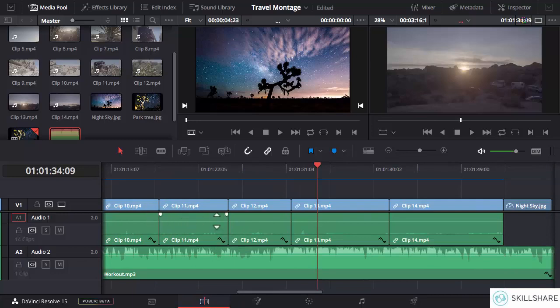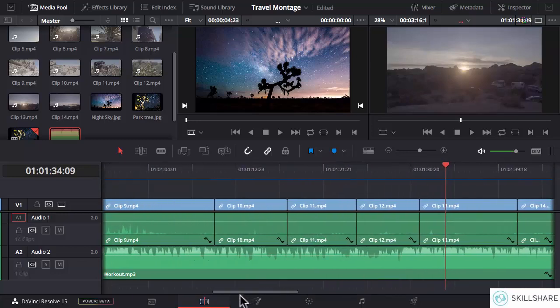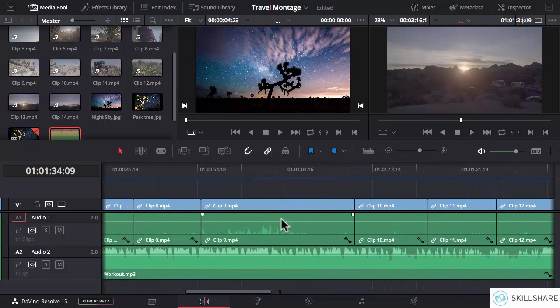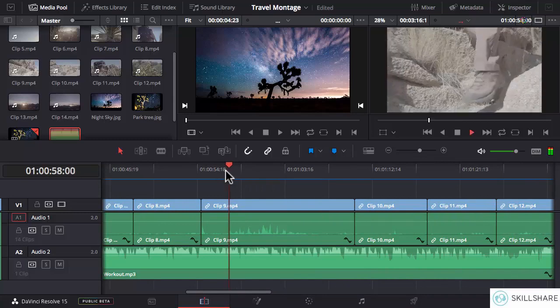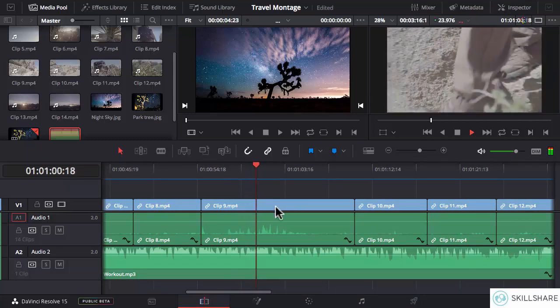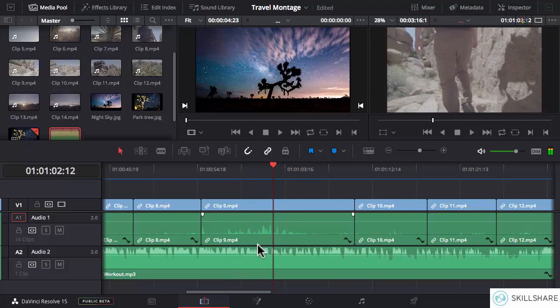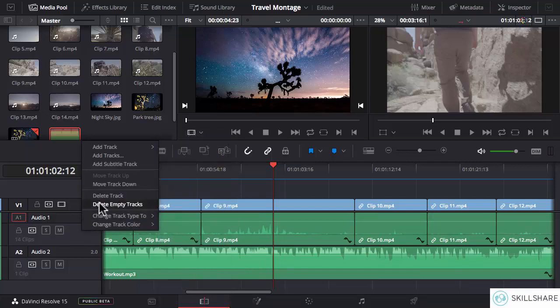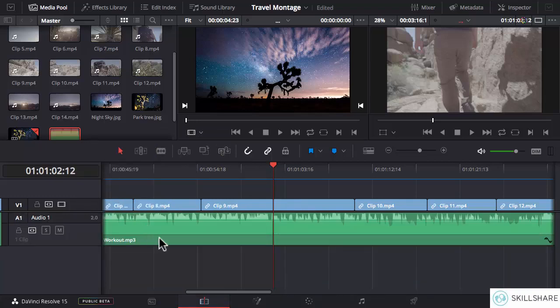And you can see that these clips have some audio also. Not any meaningful audio, but just some random sounds of camera clicking here and there. So basically we don't want any sound from these clips. We just want the background music. So what I can do is right click on this track containing the audio for these clips and delete that track. So now the only audio we have is the background music. And now if you see,